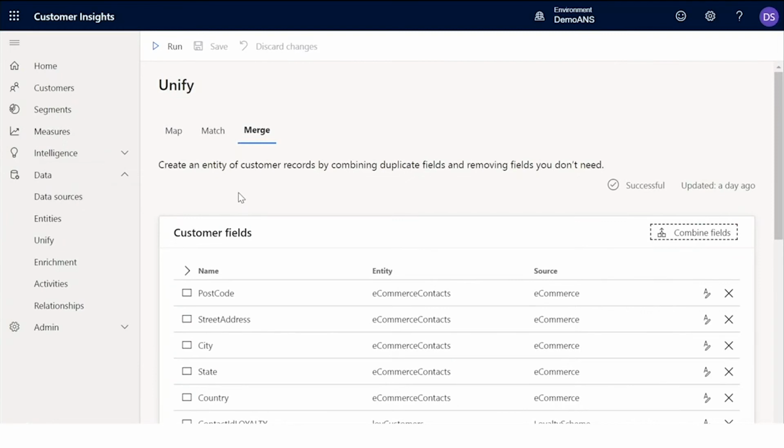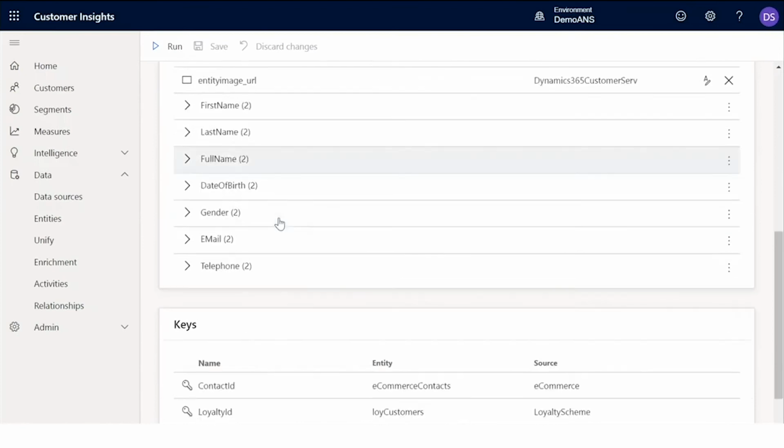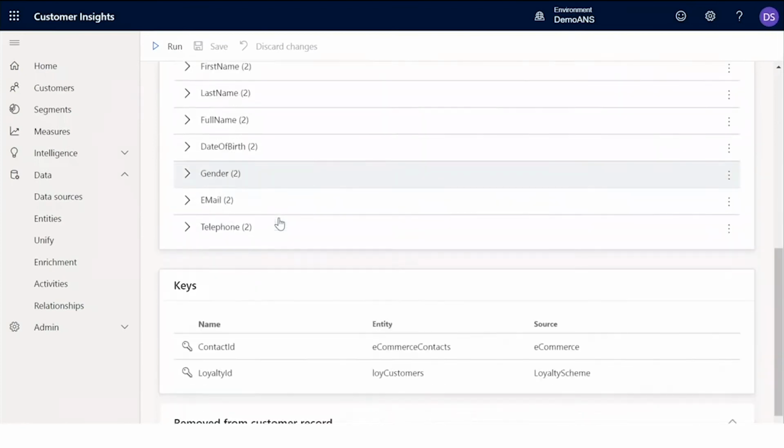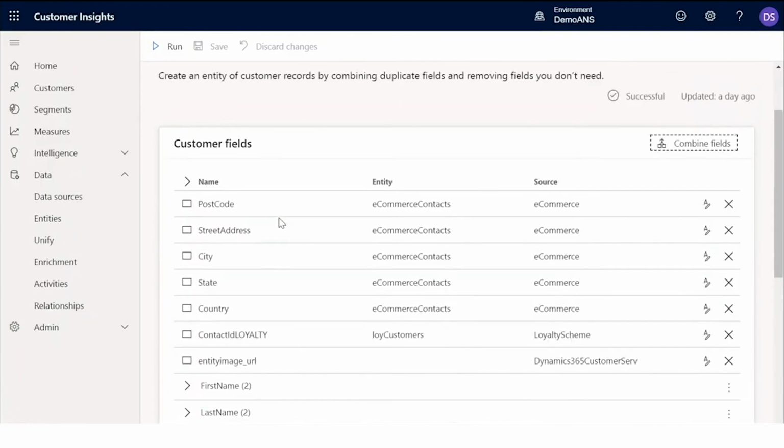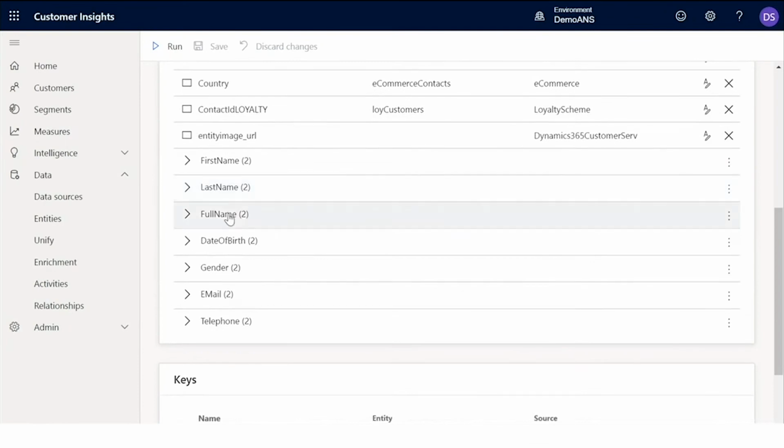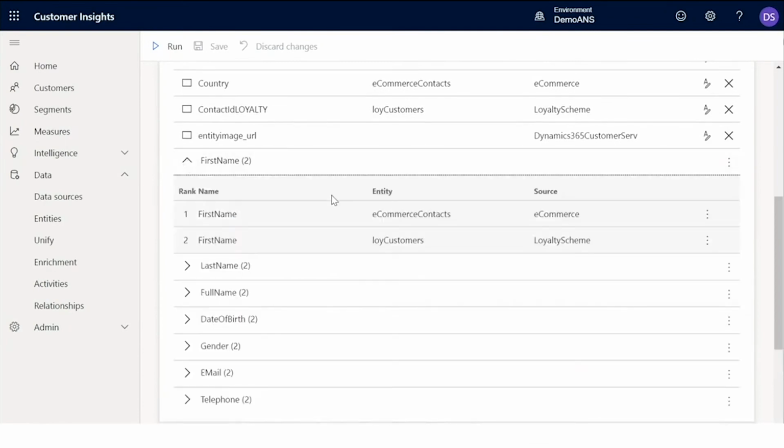Obviously, if you've got two different systems, maybe a POS terminal and that's collating data for purchases in store, and then you've got web purchases. You're going to want to collate that information into one customer profile, but you're not necessarily going to want two of the same email fields on that customer profile. So here's where you will kind of cut out duplicated fields and maybe just include the information that you want. So you can see these are all the fields that are included on the customer contact field that I've chosen. And you can see here, there's two first names there, obviously, in these two different data sources,